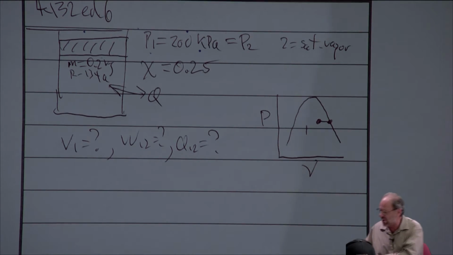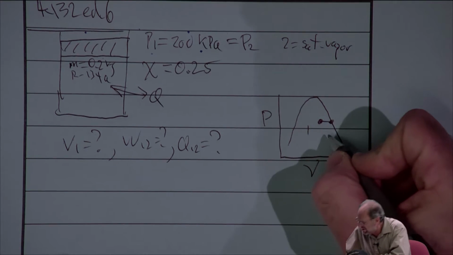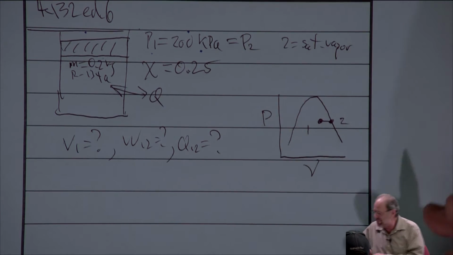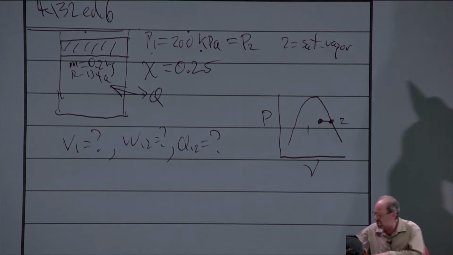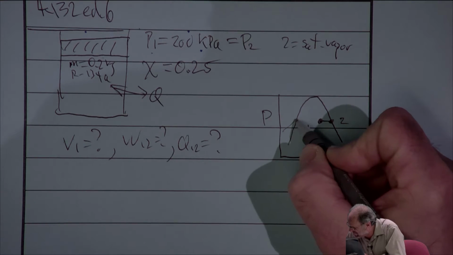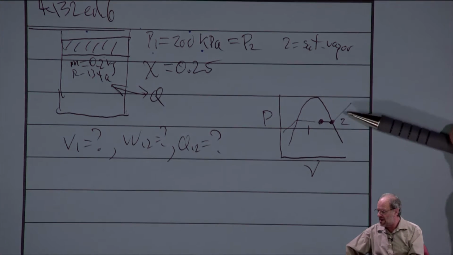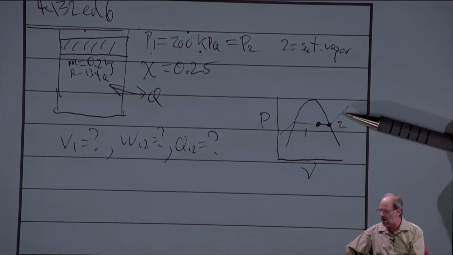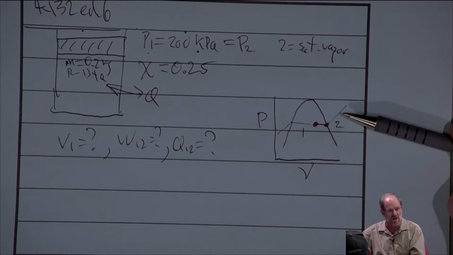And at the point where it finally becomes all vapor, that's right there on the saturated vapor line. So there's my state point 2. If this problem said that heat was added until it becomes superheated, well, we could perhaps show an entire constant pressure line as they look like that, and then we would show point 2 being somewhere up here above the saturated vapor line, but not for this problem, right?